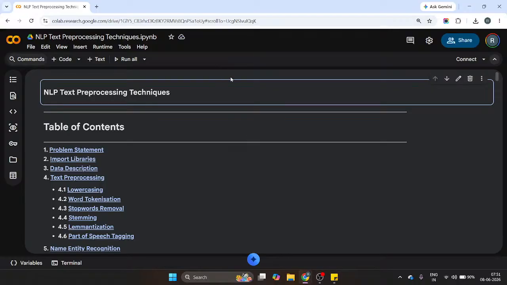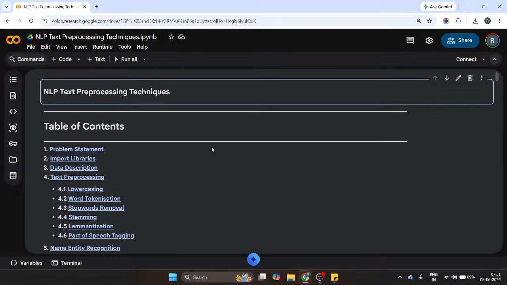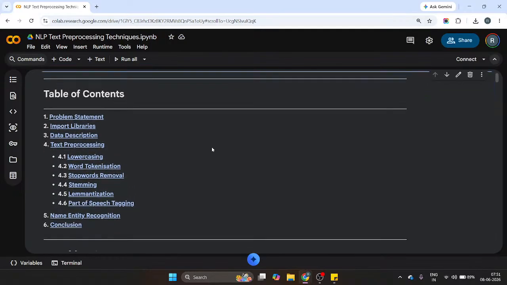So today is our fourth day of live coding. In this session, we will see some of the text pre-processing techniques. So, this topic comes under natural language processing. So, let's look at some of the pre-processing techniques we do before applying any models on our